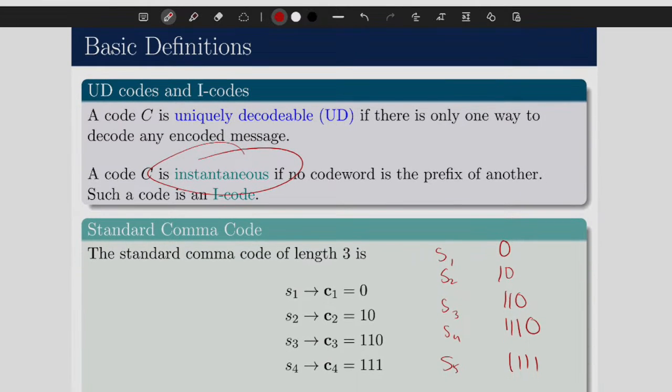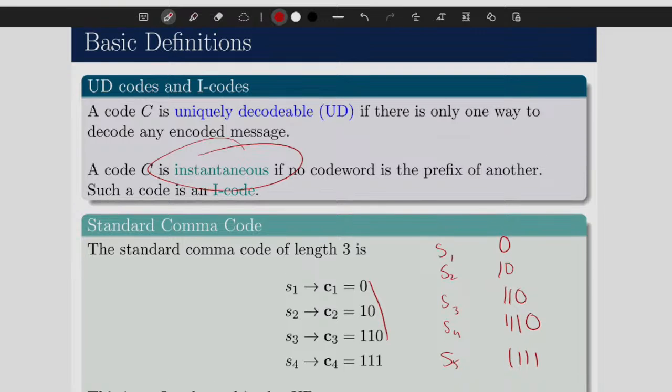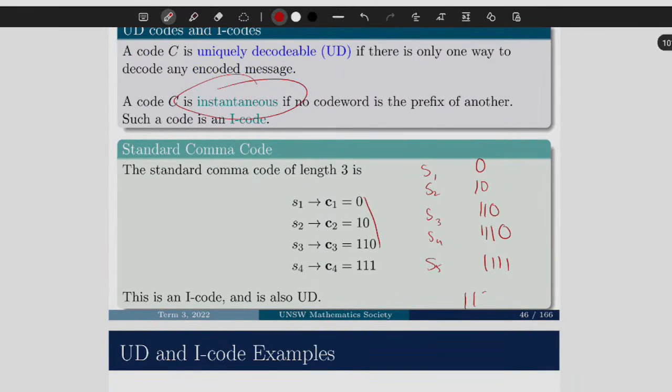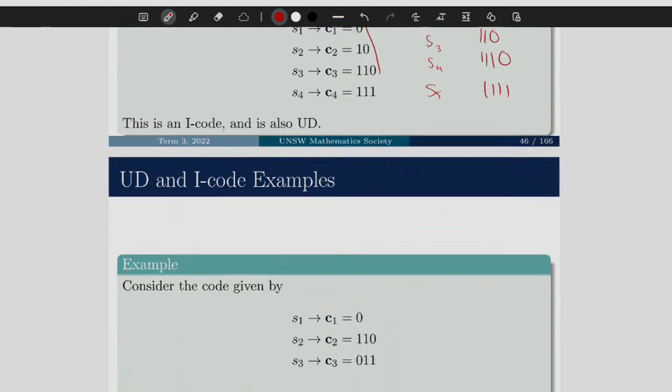How we know that it's uniquely decodable is that when we're decoding, we're just going to be looking at the zeros and where they are. There is basically only one way to interpret this, and it's just to stop at every 0. So there's a 0 here, at the third bit, so this is S3. This is the very first bit, so it's S1. The next 3, because I know it's length 3, has no 0, so it's S4. Just looking at the zeros and finding that is why it's uniquely decodable.